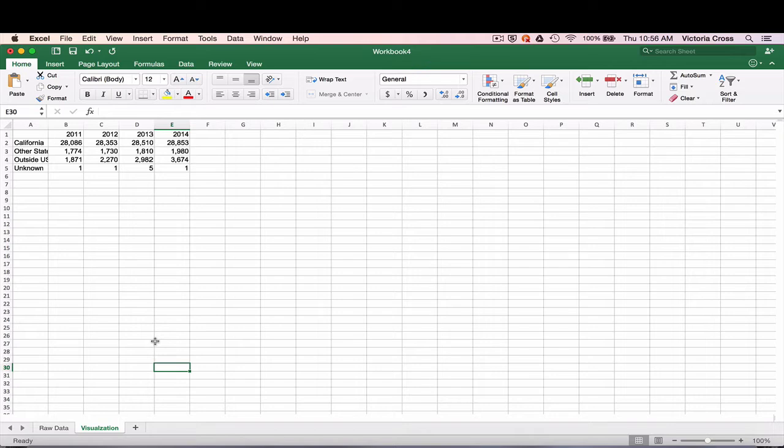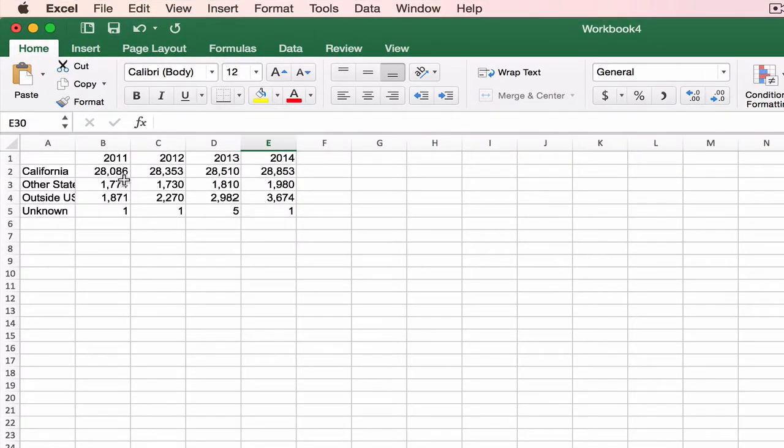Our first question, we're going to start with one variable summary. 2011, where did the students come from? On the tutorial, I've got it written as univariate. Uni means one, like unicycle, like unicorn. Univariate, one variable summary. 2011, where did the students who enrolled at UC Davis come from?